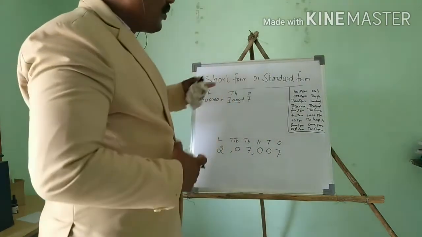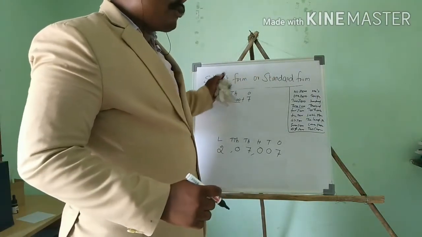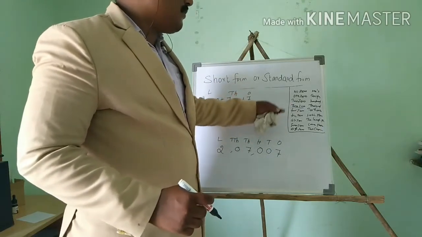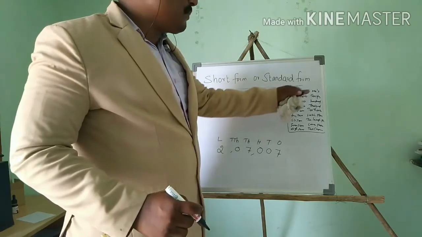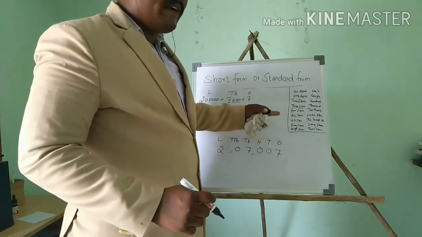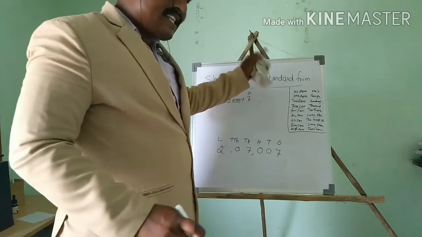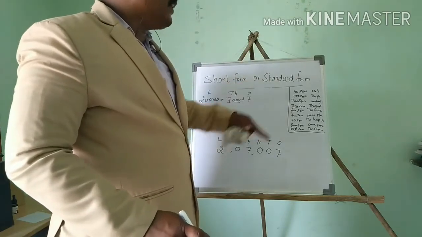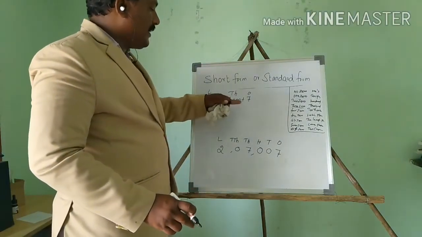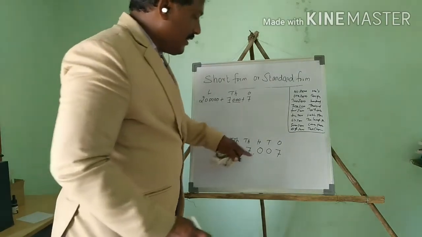Students, you see this video again and again. When you write expanded form to short form, you write these rules in a rough sheet. No 0, 1 place. 1 0, 10 place. 2 0, 100 place. It will help you when you write this expanded form to short form or standard form. It will easily help you. If any place value is missing, you can find it. So you can write standard form easily.